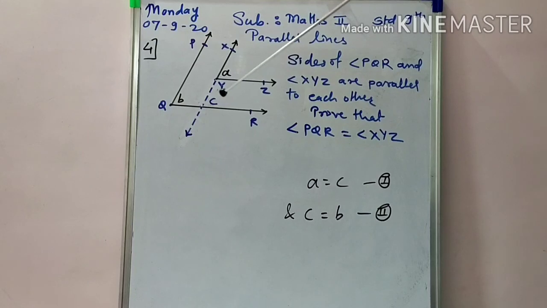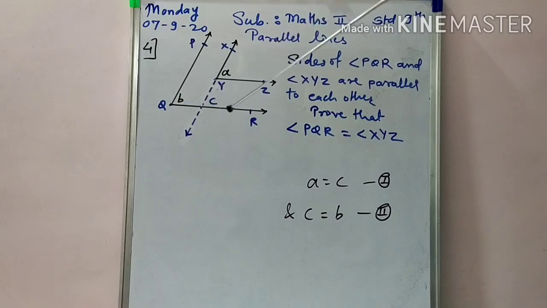A and C are corresponding angles formed by these two parallel lines, line YZ and line QR, and line XY as a transversal. And similarly, as you notice here, B and C are also corresponding angles formed by two parallel lines. As we extend QP downside, line PQ and line XY are parallel, and QR is the transversal. Okay,